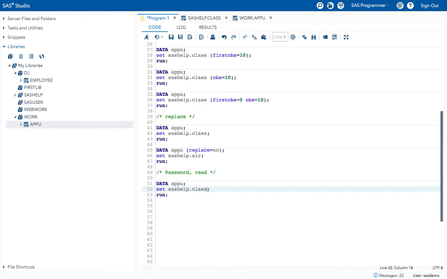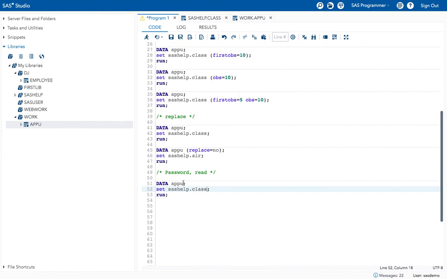So now I want to give a password. Today I will run a program and I don't want that to be seen by anyone. I will assign a password for my data set. Okay, how can I do that? By using the password option.